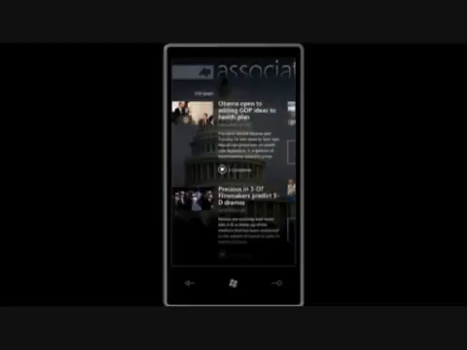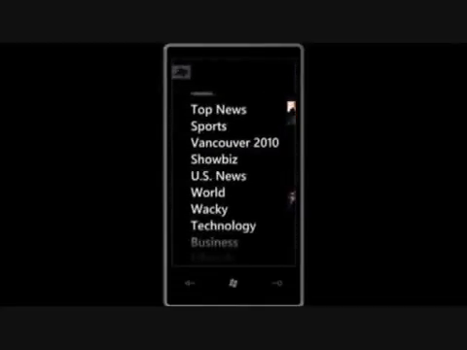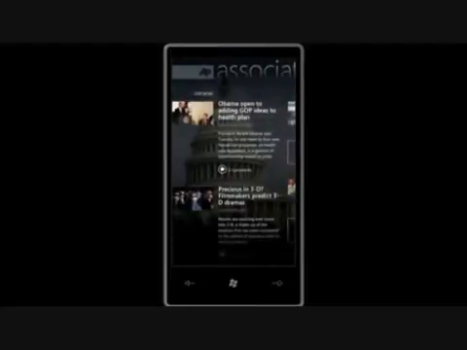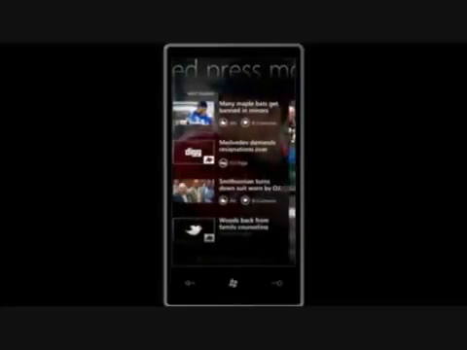When I come into the experience, you see top news is immediately shown. If I pan over to the left, I get a list of categories of lots of different news that I might look at. So this metaphor of a panoramic experience is already really comfortable to me, and I can use this in a way that is very natural. If I keep panning to the right, the newsreader gives me a quick and easy way to see the stories that are being shared, and I can comment on the stories, I can rate them, and add my own voice